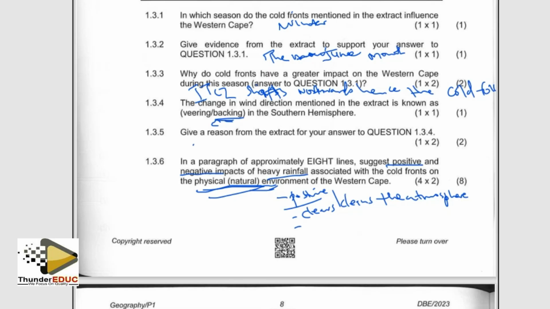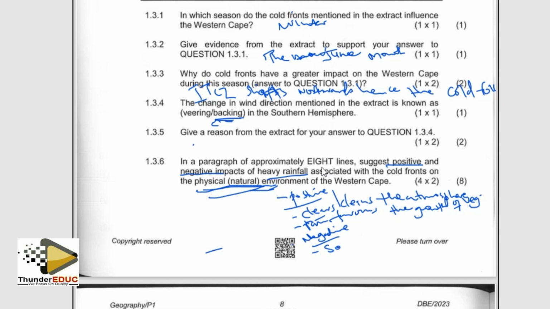Number two, another positive impact is that because it rains, this rain is going to be very important for the growth of vegetation. Rain favors the growth of vegetation. Those are all positive. So under the negative,